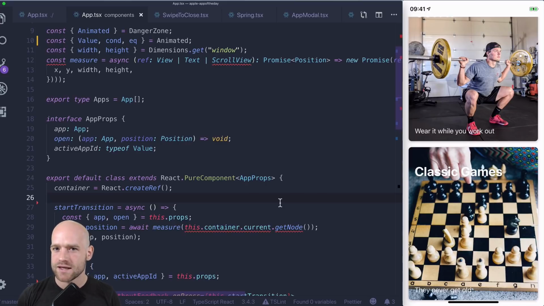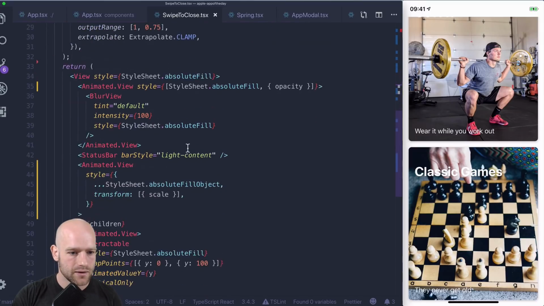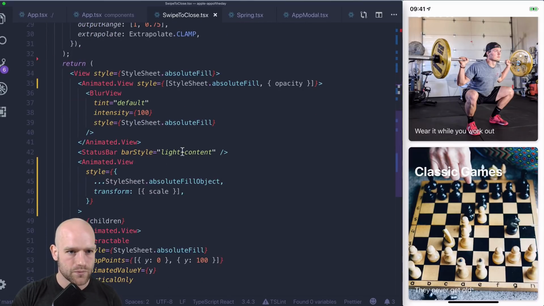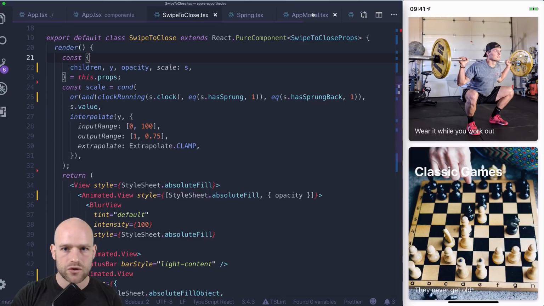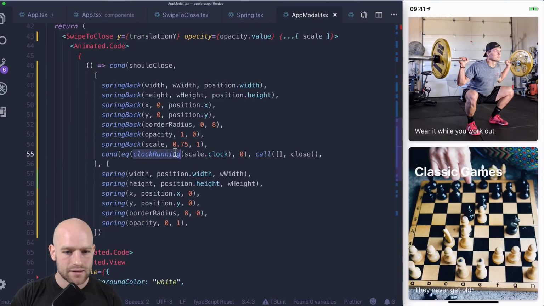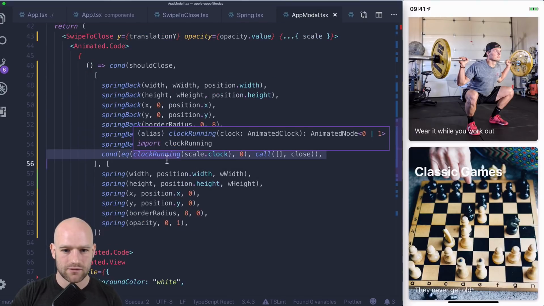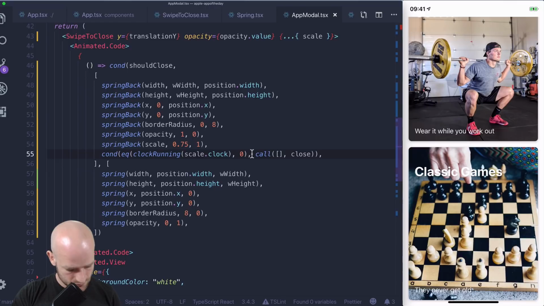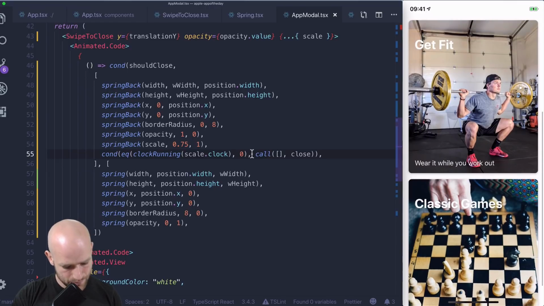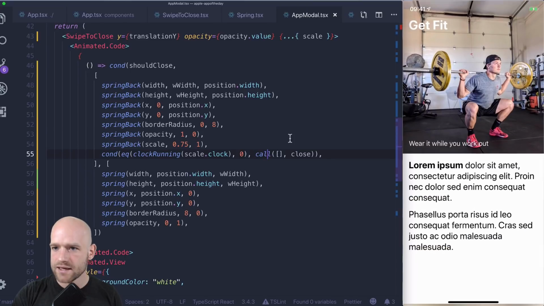There's a couple of things here we would need to polish this example. First, if we go back here to the app modal, this condition here should be improved. I think we should check on all the clocks before closing. And you see here